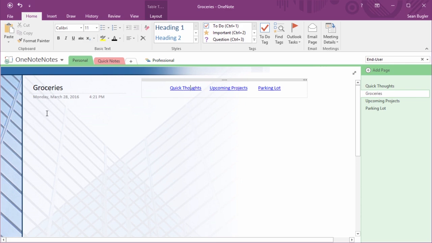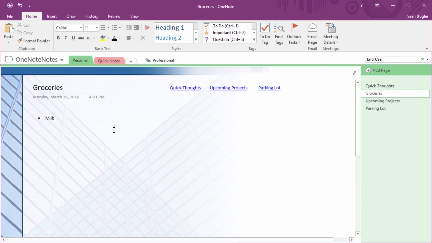Now in the groceries section here, for personal, I might want to use this to keep tabs on what it is that I need to get from the grocery store. This can be particularly useful if, let's say, I need to pick up something from the store and my roommate says to myself, hey, wouldn't it be nice if you could get some milk? Now they could text me. Or if I already have a grocery list up and coming, I could share access to this particular page to my roommate. And because OneNote is available on all major platforms, iOS, Android, Windows Phone, Mac, PC, in all these different cases here, my roommate can download the free app with no subscription and actually just add milk